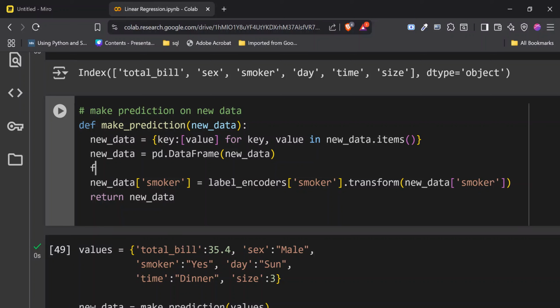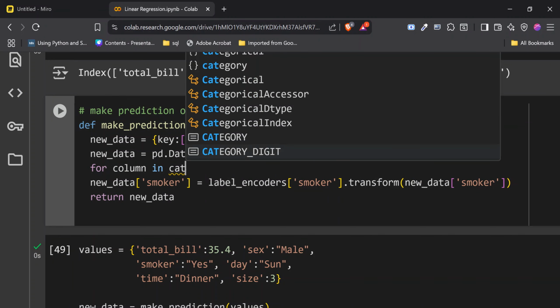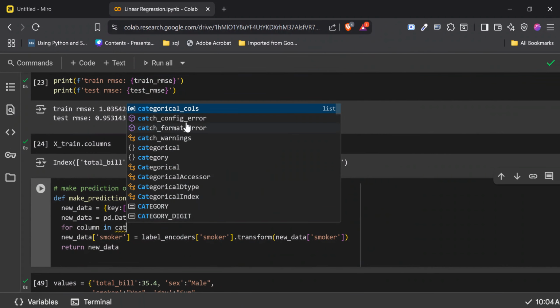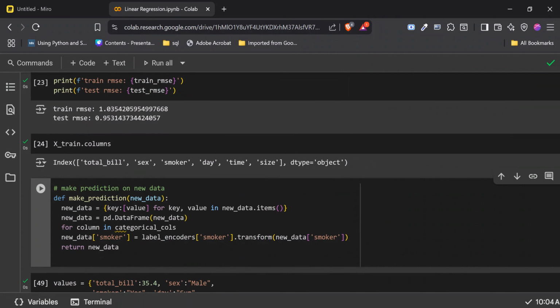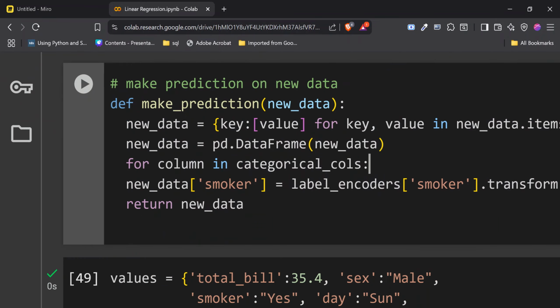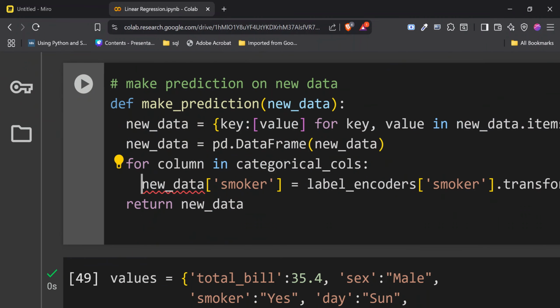So we're going to say for column in. We can actually use the categorical columns that we created at the top earlier. So we can do this for column in categorical columns. We can tab this in and say new data of column.